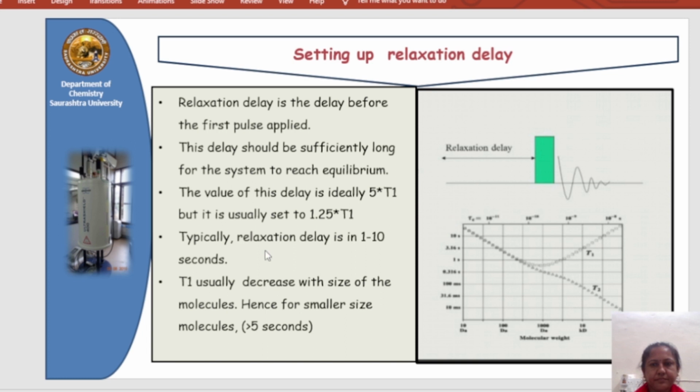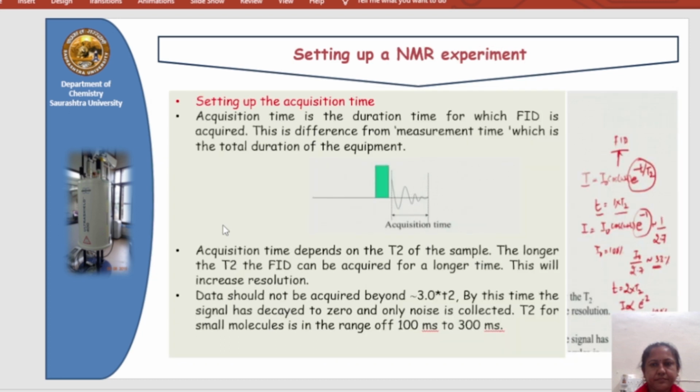In the slide on correction in the 90-degree pulse, we have already seen that the vector is on the Z axis. If we apply a 90-degree pulse, it comes to the XY plane, going from the X axis to the Y axis to the negative X axis, and then it comes back to the Z axis. After completion in the XY plane, the vector will reach the Z axis. Some preparation time is necessary, and that time is known as the relaxation delay or preparation delay.